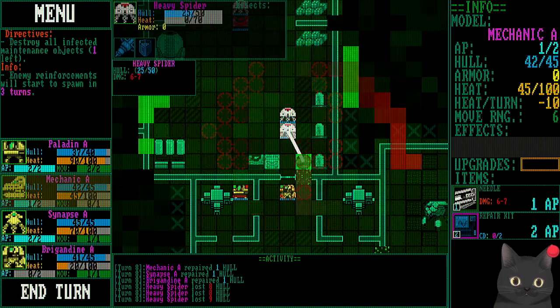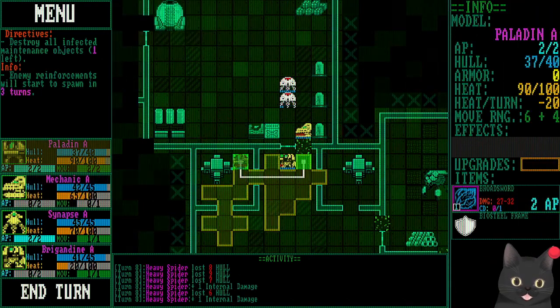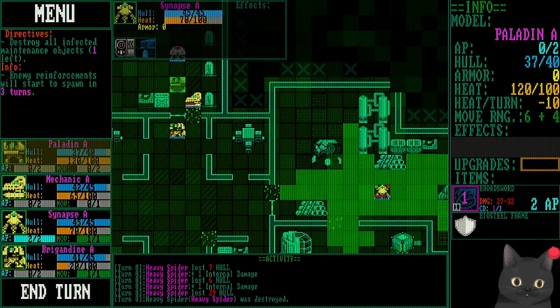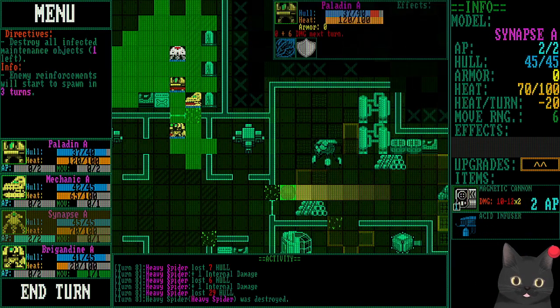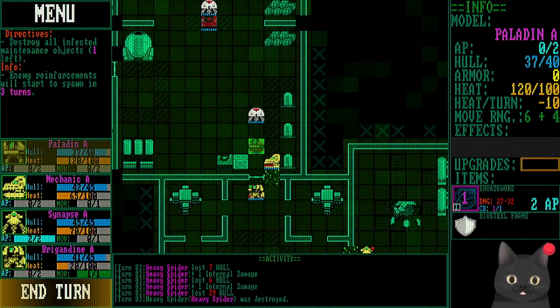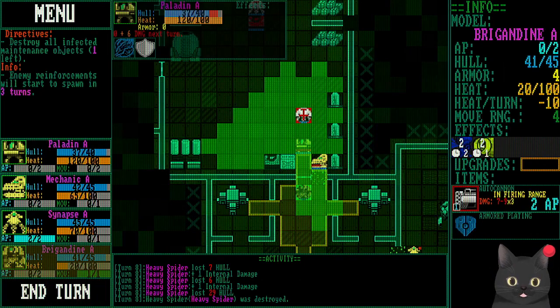You move up. Strike him twice. And he should die in a bit. You know what? Finish him off. Alright, Synapse, keep moving. I'm not too worried. Yeah, you're only taking 6 damage right now. That's not too bad. Main reason I'm not too worried about him is because...